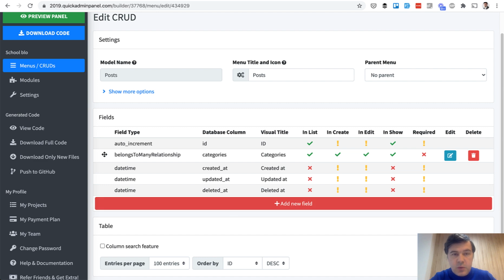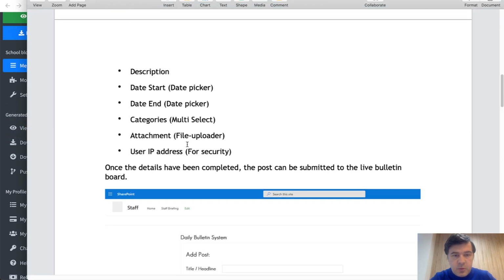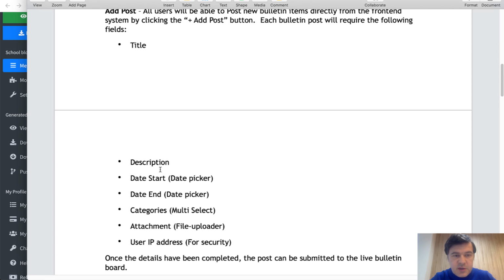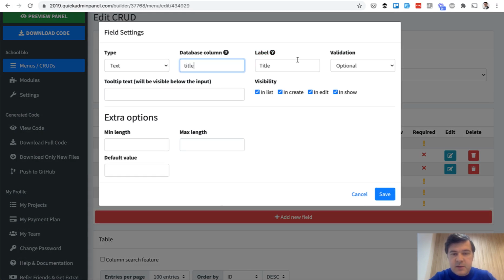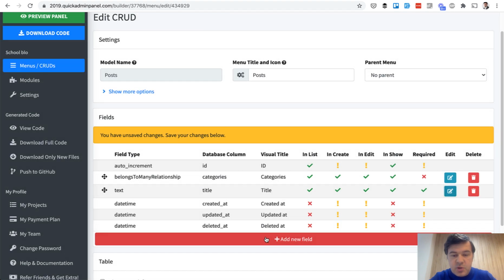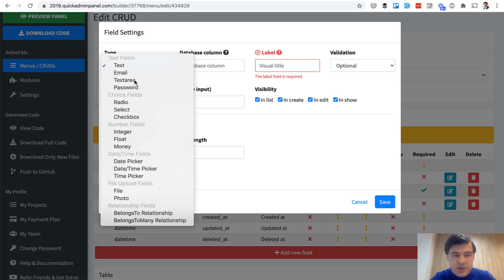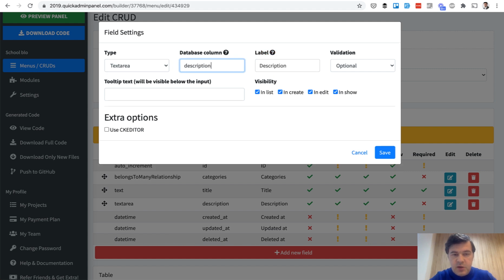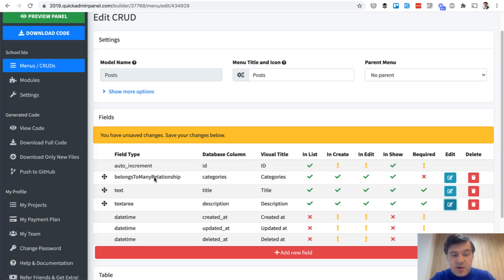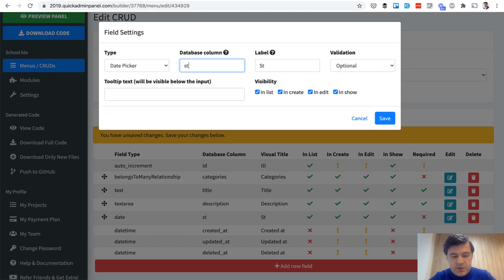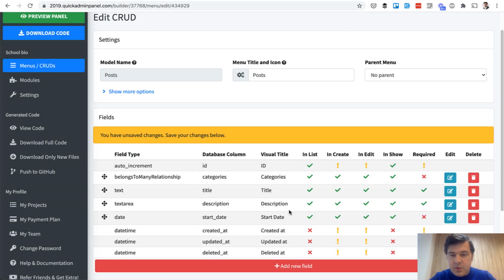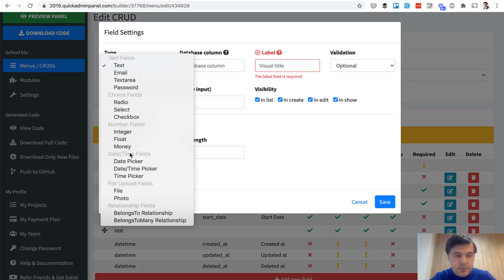So post, what do we need? Let's open the document again, and here are the fields. So title, description, let's add those. So text field, title required. Description should probably have a CKEditor, so text area, description, and then there is a checkbox, use CKEditor, probably required. Then date start and date end when the post is visible, so date picker, start date, let it be optional, end date,